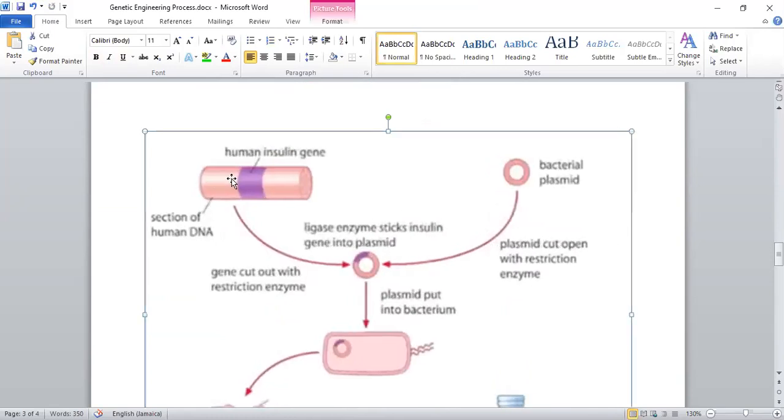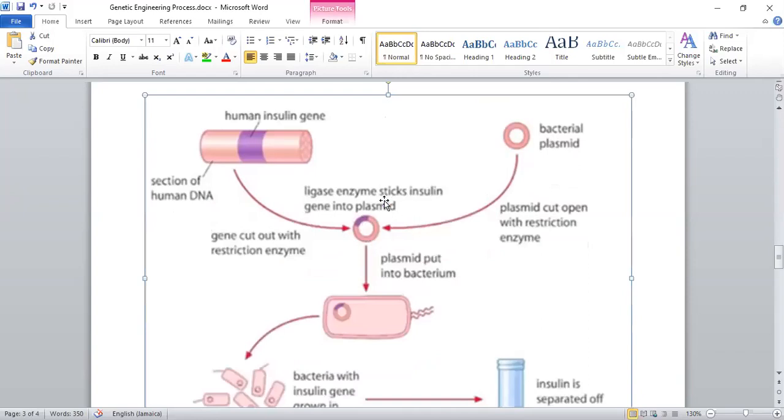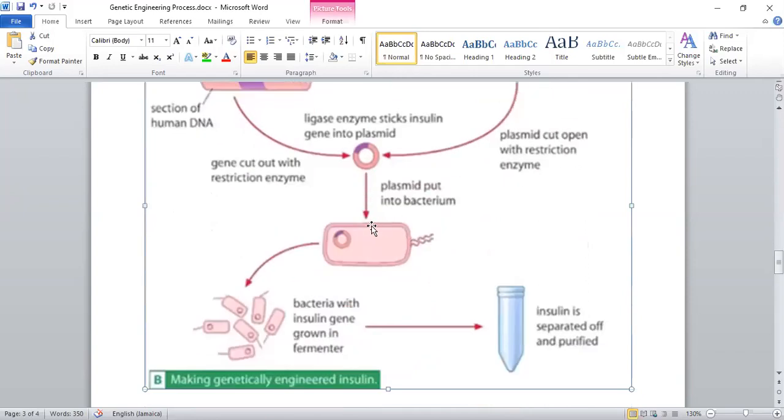So this one says, for example, we wanted to make insulin. We'd have to search and find where inside of our cells we have the human insulin gene, find the chromosome, and we would cut out that part of the chromosome, the gene, with a restriction enzyme. We would also get our bacterial plasmid, which is our vector, and we'd cut the plasmid with the same restriction enzyme that we used to cut this out with. Then the two of them will stick together naturally, but we seal them up together with this enzyme, which is ligase. Now this is our recombinant plasmid, and we get it to go through the cell membrane of the bacteria by the methods we saw earlier.